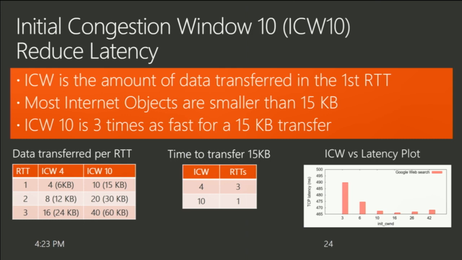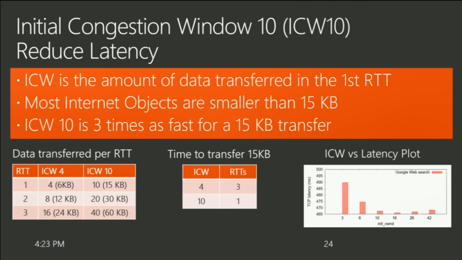And you can see as the ICW goes from low numbers towards the right, the latency keeps going down till it hits a point. Then it goes back up. So this is the answer to a question you might have been asking yourself. Well, if ICW10 is better than ICW4, why not make it ICW20? Why not 100? Why not 1,000,000? Why not ICW infinity? Well, the reason is that complicated internet and the time variant traffic conditions.